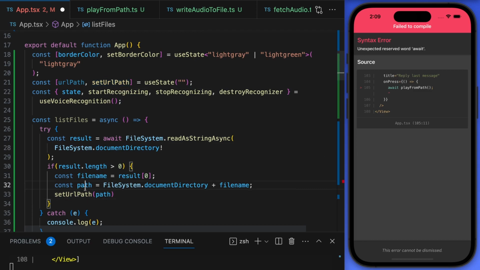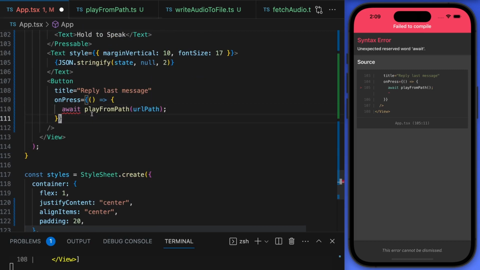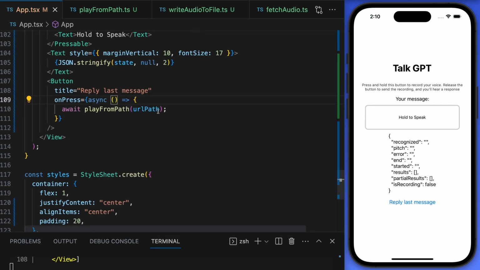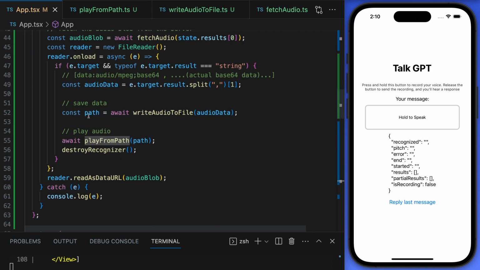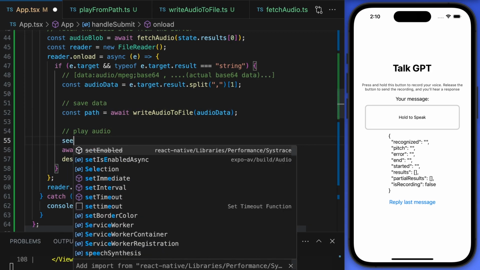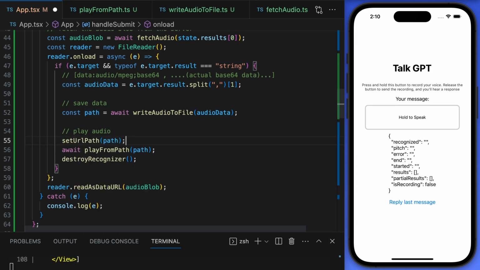And then what we can do is grab this URL path variable and reutilize it here as a path. Now we need to make this async and hit save. Now everything is going to work just fine. And what I want to do now is, once we have this path, we can play the audio and also set this path to the URL path variable that we have here, so that we can play the last message as soon as we get this file. Let's hit save, and I think that's all we need for this